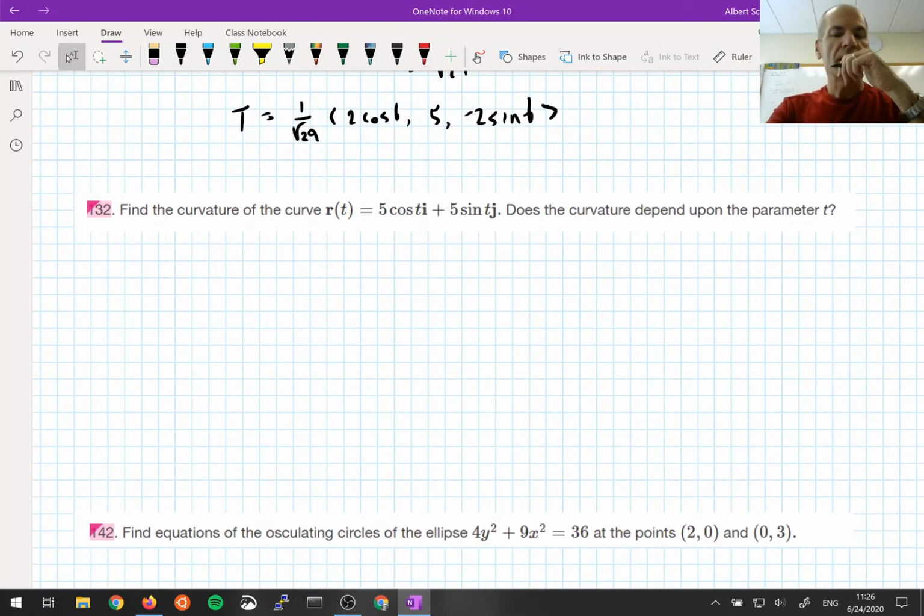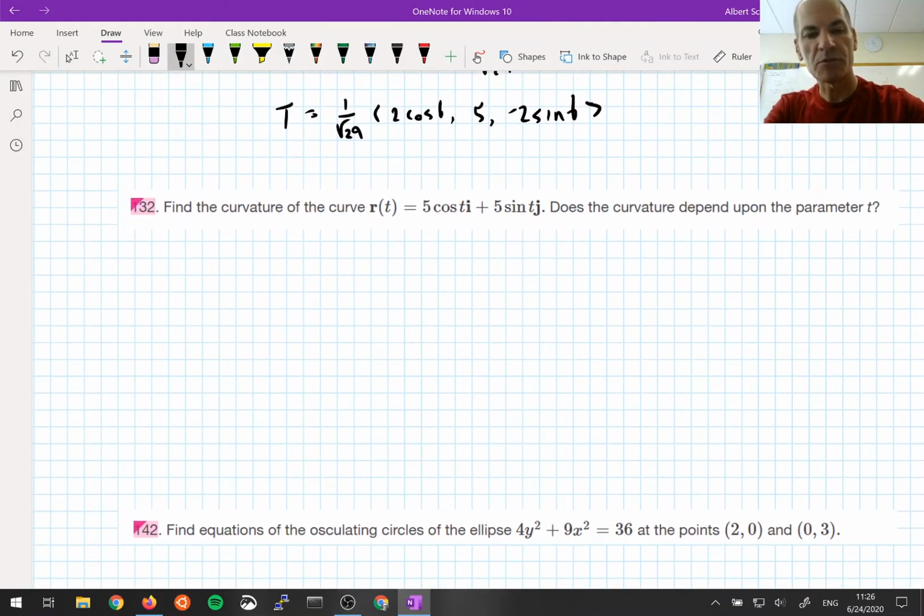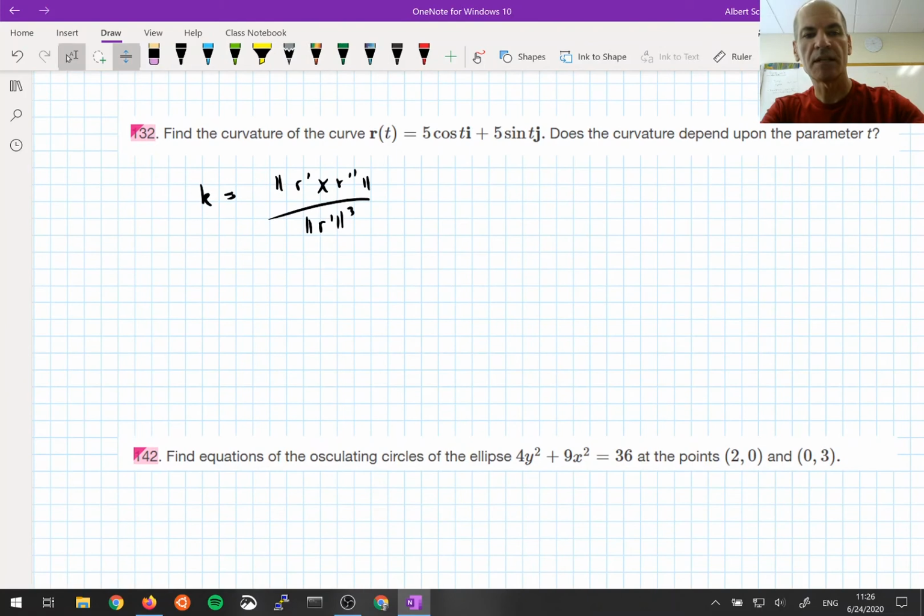Okay, in 132, we're asked to find the curvature of the given curve. The curve, notice, is given in terms of t. So let's walk through finding it, and recall that the curvature formula for curves given in terms of t is kappa equals the magnitude of r prime cross r double prime over the magnitude of r prime cubed. So let's compute all of these various constituents and put them together